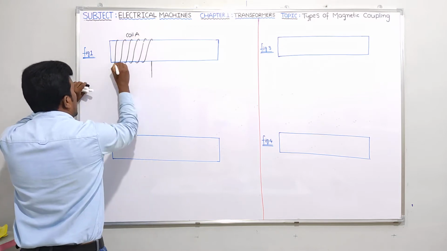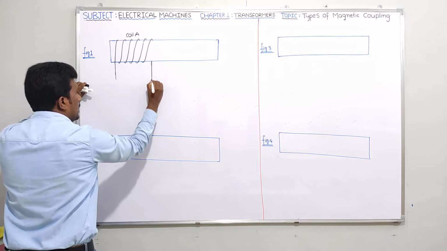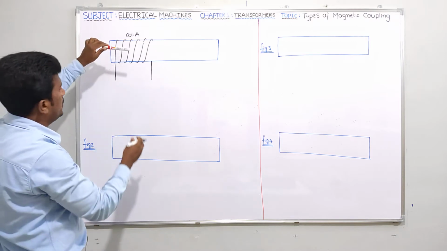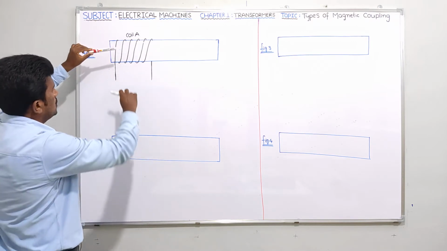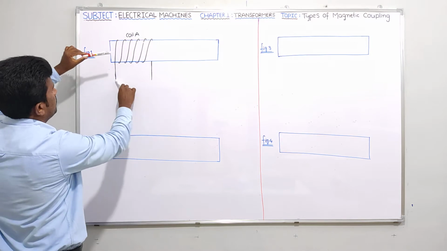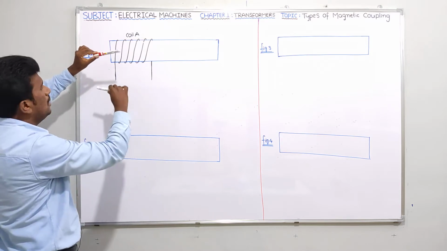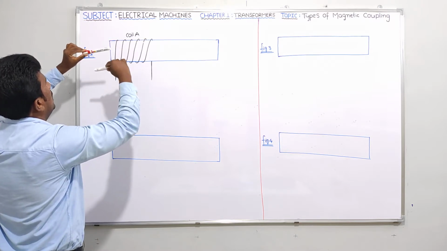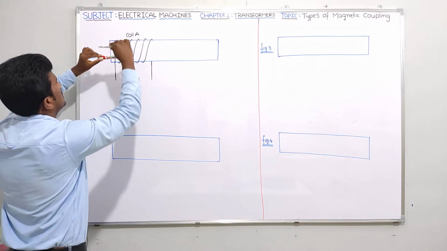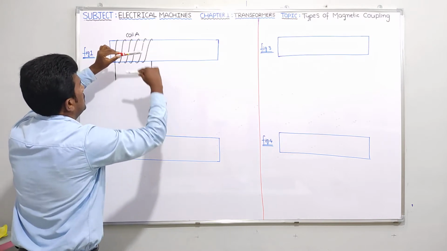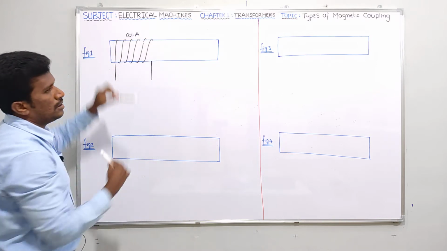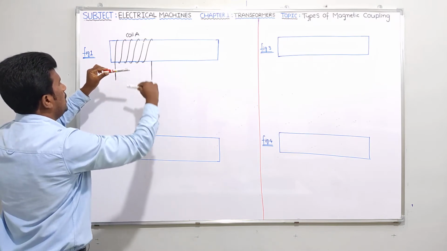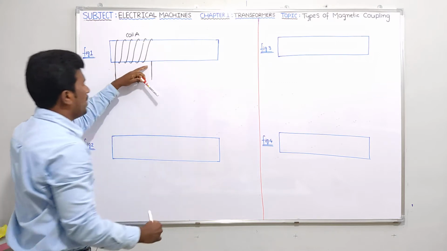So please try to understand this coil A. Suppose you take this as a piece of magnetic core. I just wound it like this. Please try to see this black color winding. I just wound it like this. See, the winding is going from the front side of the magnetic core. It is going like this. It is leaving from the back end of the core. It is entering at the front end of the core, and it is leaving at the back end of the core.